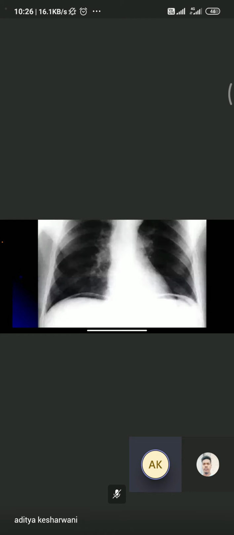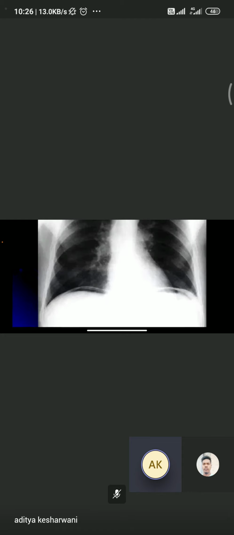This is the most important X-ray. What you get and what you are not to miss is this one. This is what type of X-ray you first have to get. This is the erect abdomen X-ray, or maybe a supine X-ray, but usually it will be an erect abdominal X-ray. In that, you can see gas under the diaphragm on both the sides.